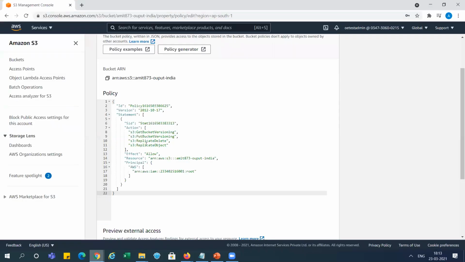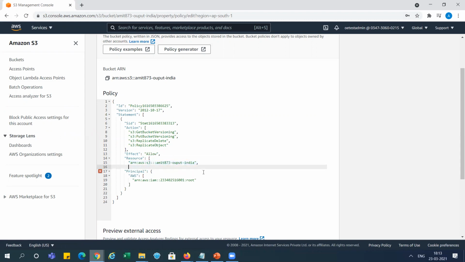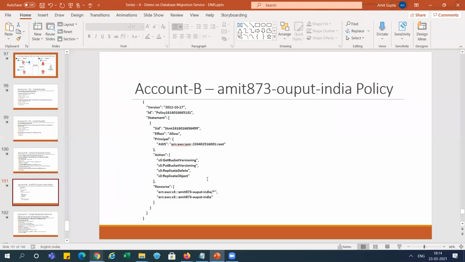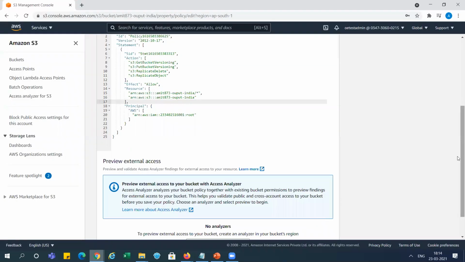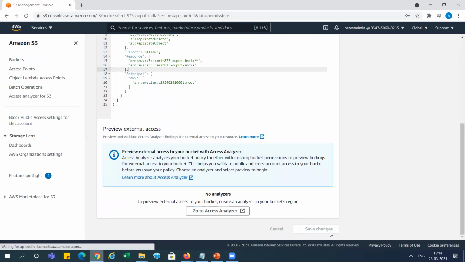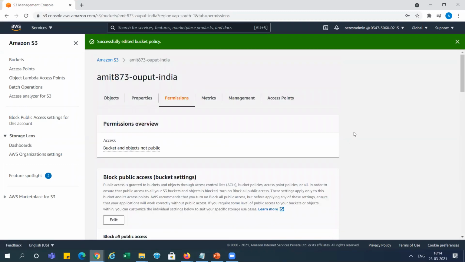So you can see 4 things are there, but we need to add something here, the resource. And what I will do, I will add, because it is showing only for the bucket, right? So here you can see it is showing for the bucket, and now we need to take the objects for the bucket. So I'm putting a star. It will take all the objects for this bucket, right? So this policy is created. You can see, right? Now we need to save it, right? Save changes. So it is added successfully.